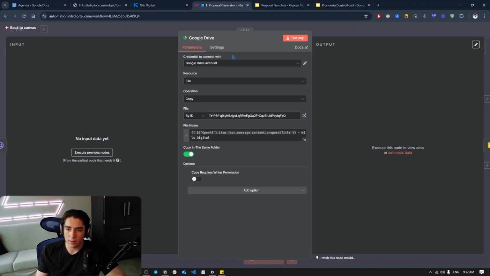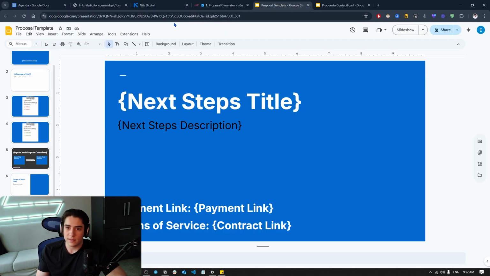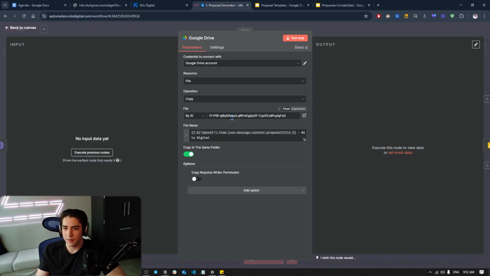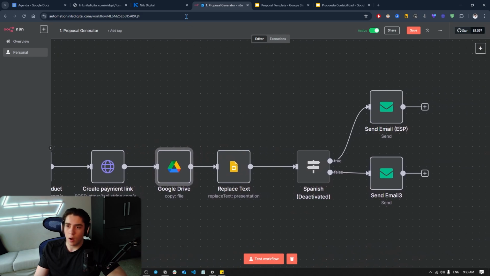I'm sure you can find videos of that online if you haven't done so, but just be aware that it's not super straightforward. And then here you want to select a file by SID, which is this long string after the D. You can just copy this and then paste it in here. And then you want to give the file a name. So in this case, I'm just using the proposal title, then my agency's name, and that will essentially copy the